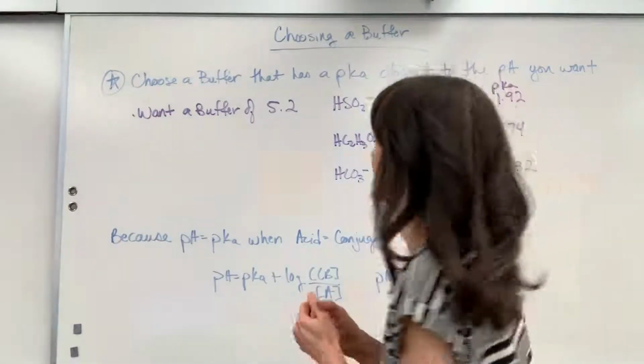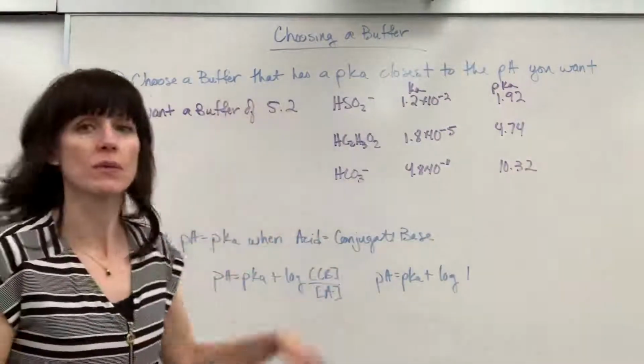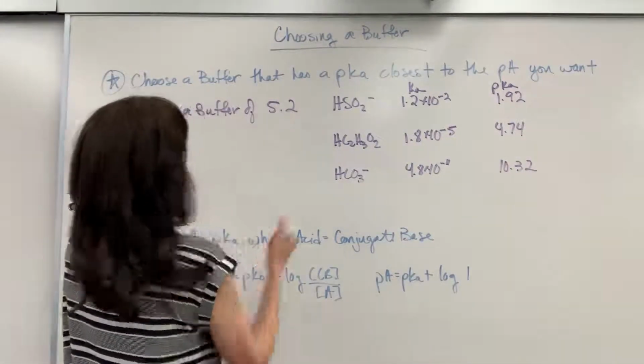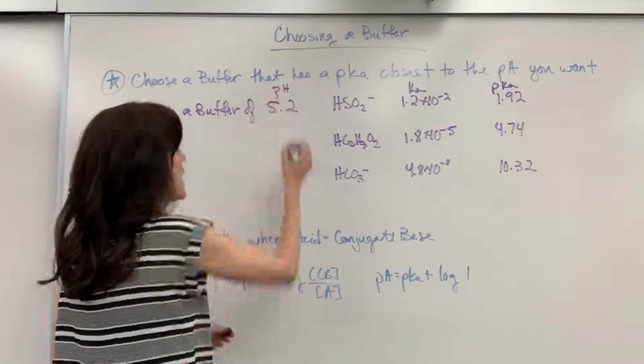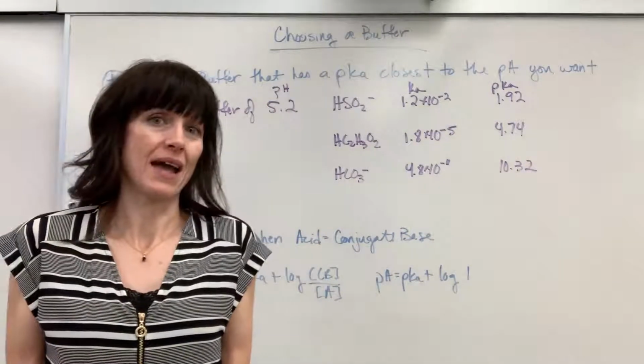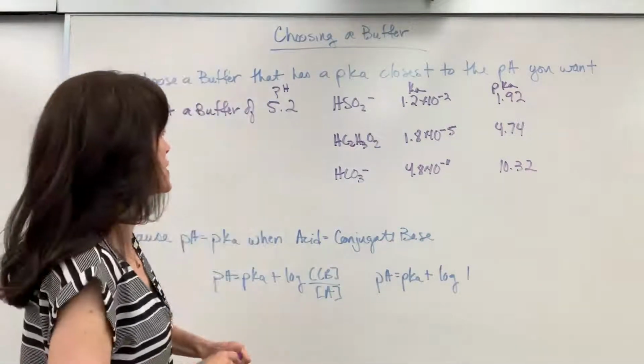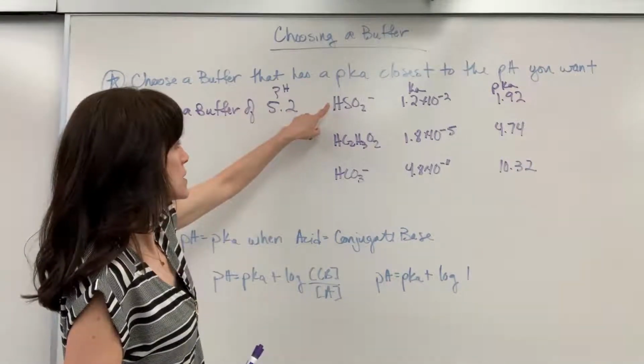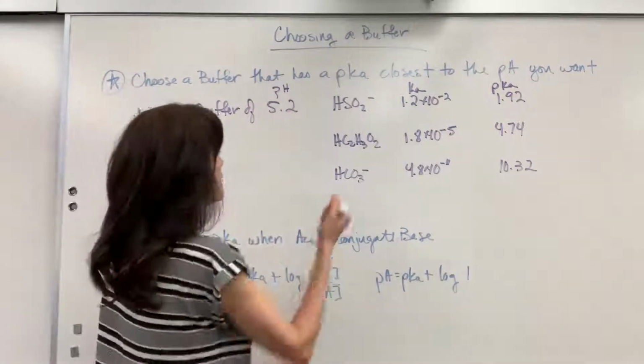So let me show you an example. Let's pretend that we want to make a buffer that has a pH of 5.2. So we want a pH of 5.2. And these are the supplies that I have as my options. These are all going to be my acids. We could use hydrogen sulfate,